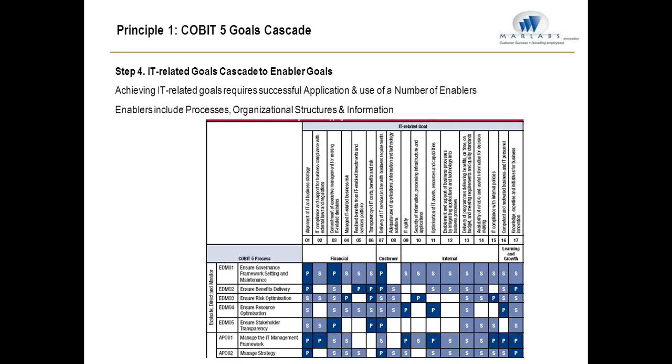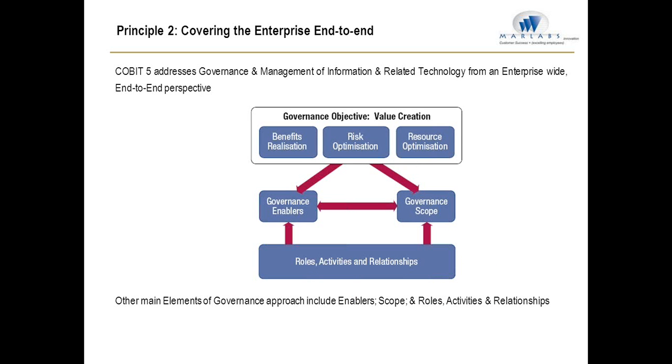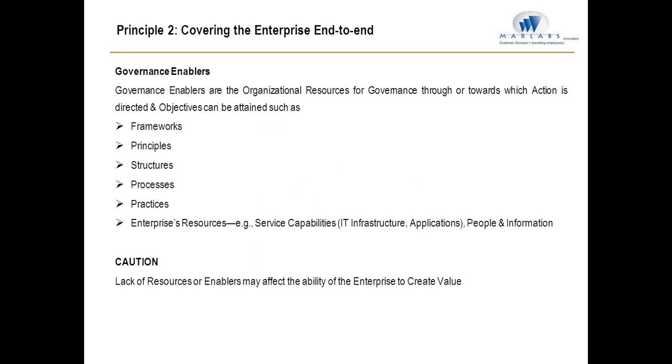So the IT-related goals will be cascaded to enabler goals. We'll actually see the enabler goals in a little more detail. Principle 2 basically talks about covering the entire enterprise end to end. It talks about how these governance objectives, the value creation aspects, are actually achieved or covered. So we have two aspects to it: one is the governance enablers and one is the governance scope. And of course we'll define the roles, the activities, and the